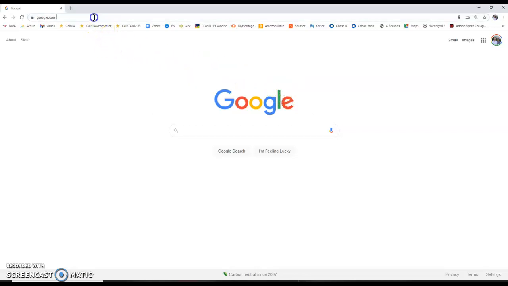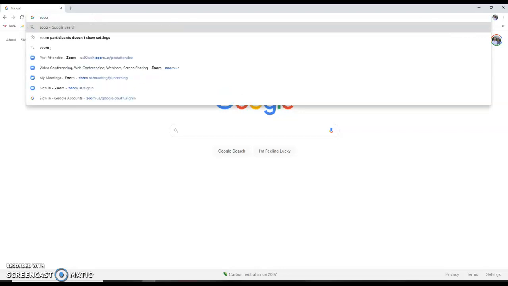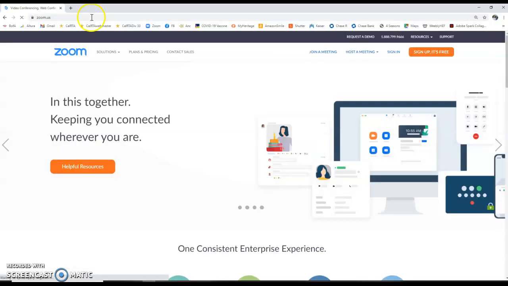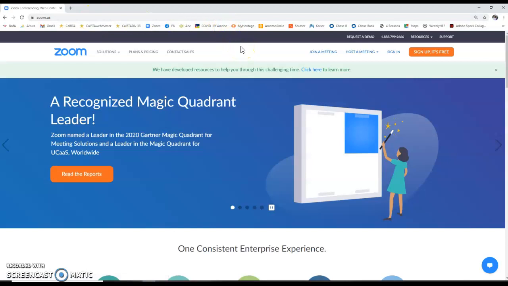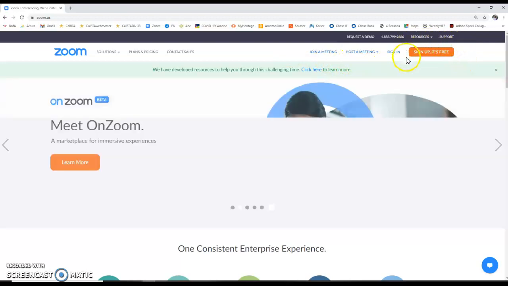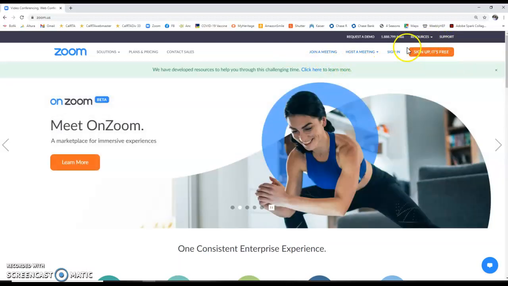Up here in this top bar, I'm going to type zoom.us, and that will take me to the Zoom account page. Over here in the right-hand corner, you're going to see an orange tab that says Sign Up, It's Free. Click on that,